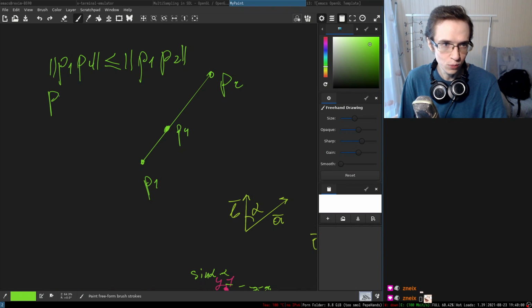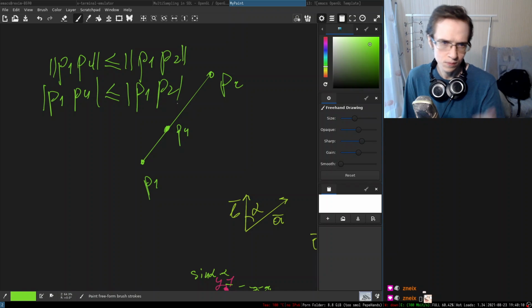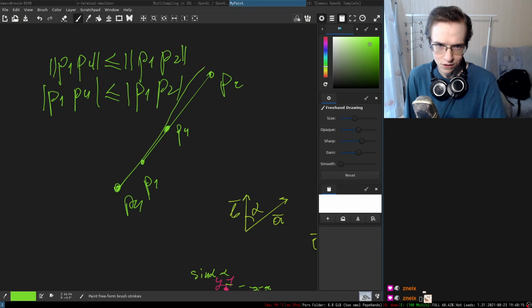Makes sense. So P1, P4 is less or equal to P1, P2. There we go. So if at any point this thing is going to be here, its length may become so between its length between P4 and